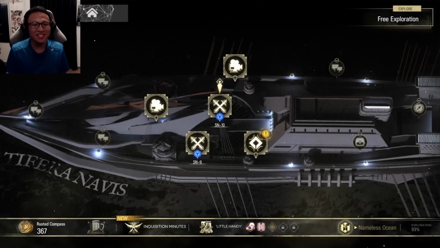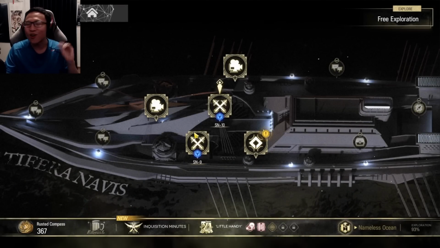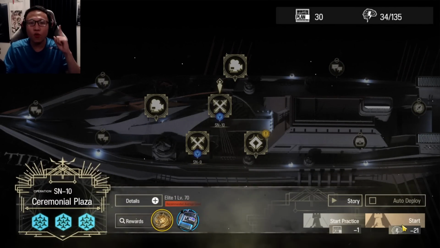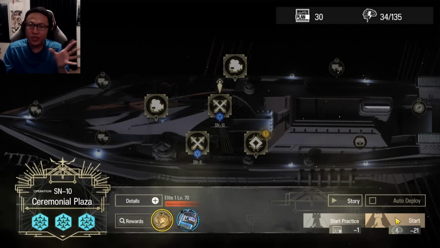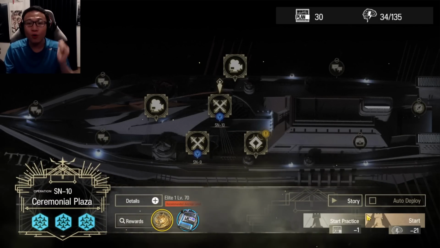The mega stage of this event that is SN-10. This features the 4 phases boss that's haunting people in their sleeps. So, we are going to be doing this with only one borrowed 6-star. It's a predictable 6-star, but I'm going to teach you some new ways to learn how to properly use this